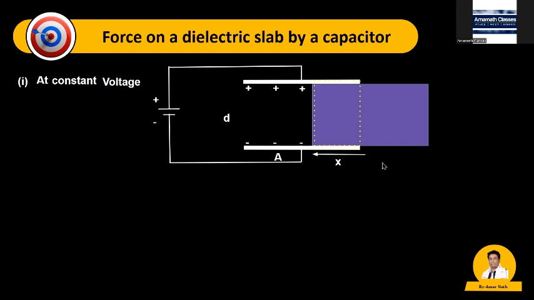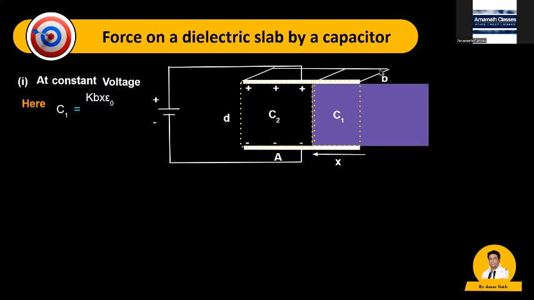This part has a capacitance, you can say C1, which has dielectric, and this other part has a capacitance, say C2, which does not have any dielectric, it is empty. It is a parallel plate capacitor. We can just see the top face like this, and the breadth is B. So here C1 equals epsilon A by D multiplied by K, because the dielectric is there. So it is equal to K times Bx